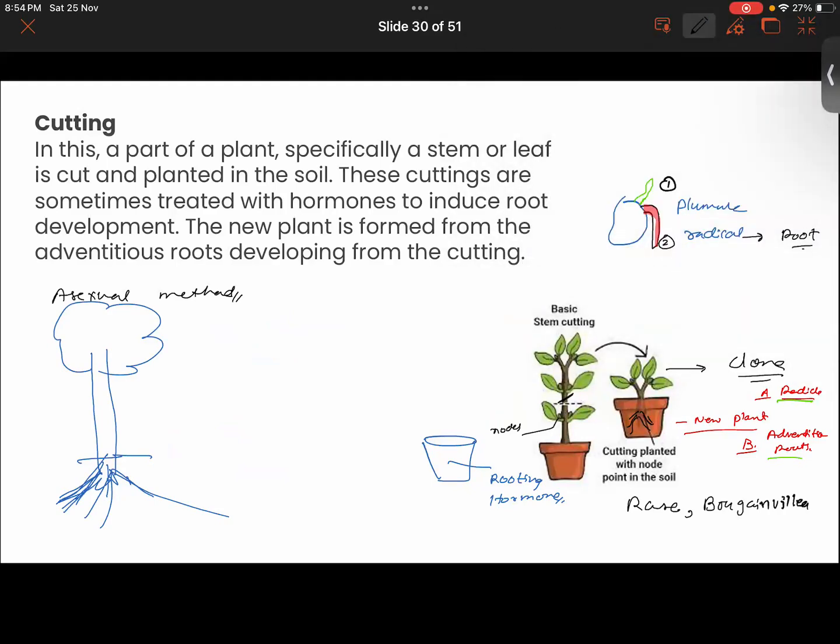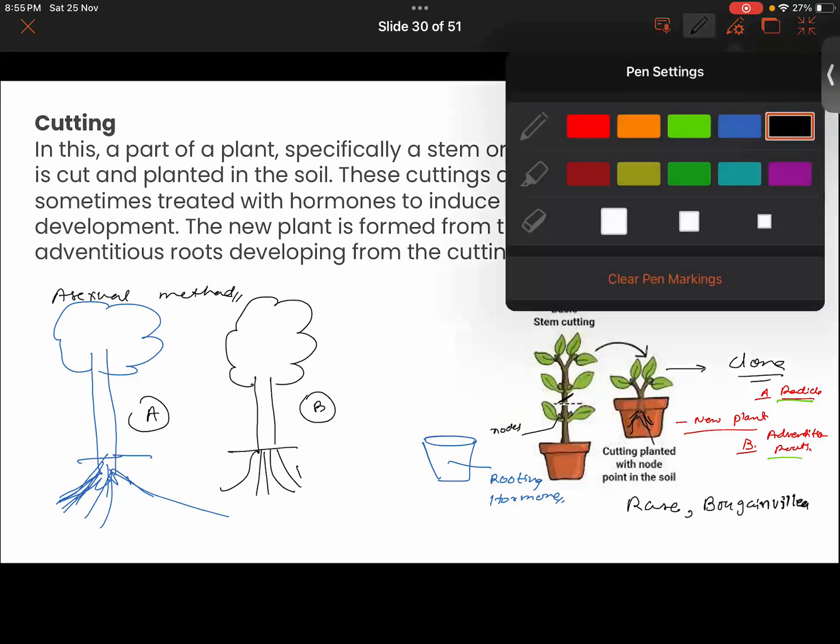Say there's another plant here. Yeah, Sundus, by the way, is it clear to you? Yes, sir. It's plant A, it's plant B. See that